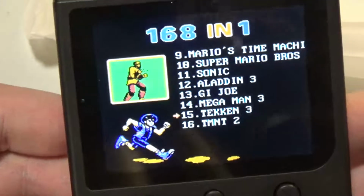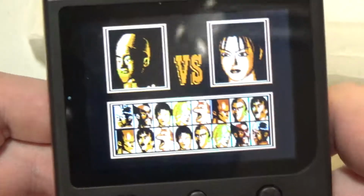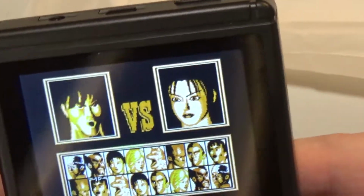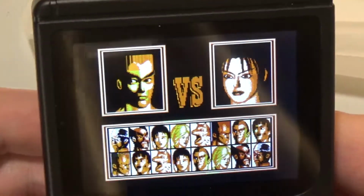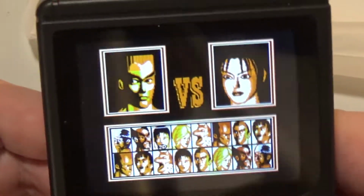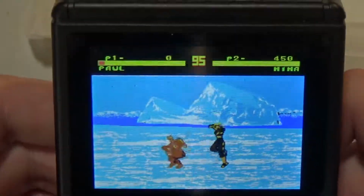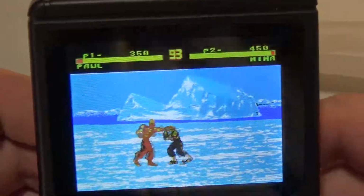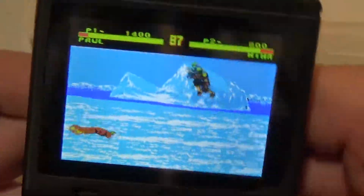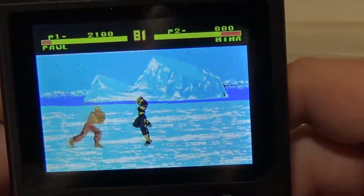I don't know if some of these other games are even official NES games or not. But obviously Tekken 3 is not this game. It came out on PlayStation 1, so play some Paul. Why not? I have to pick up please. The camera's trying to pick up the face as if, oh my gosh. What is this game, man? This game looks really good actually, for an NES style game. This game is actually really fluent too, and the animations are pretty good. I don't really know what's going on, but